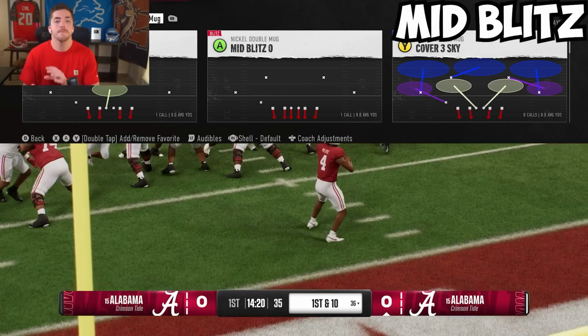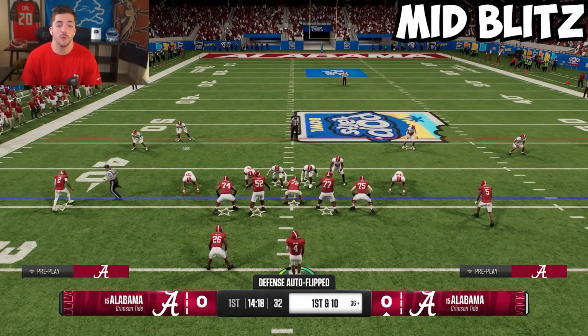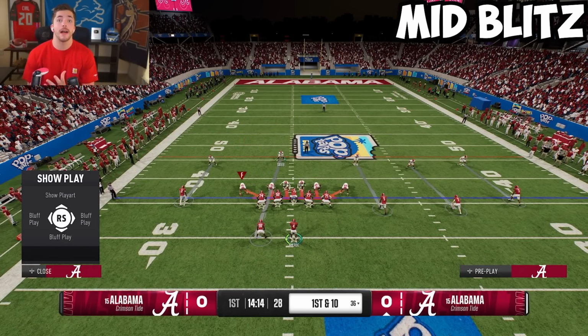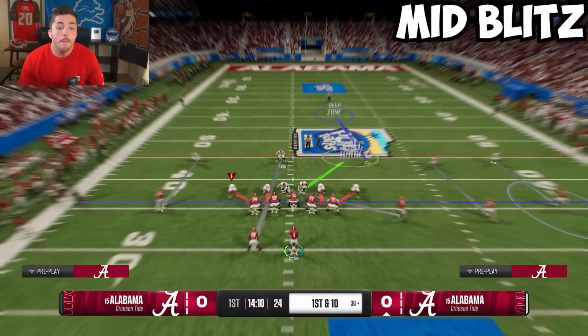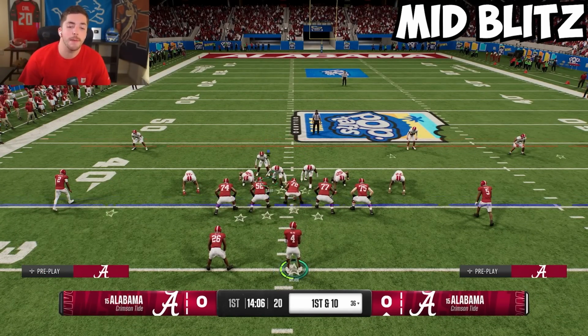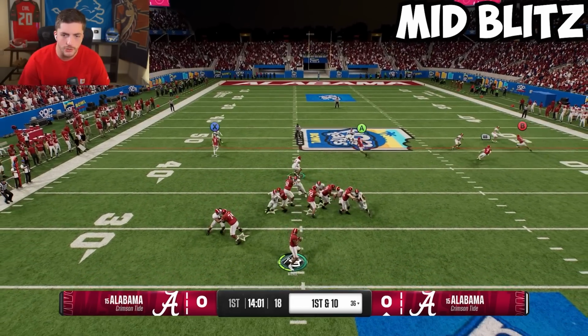So let's call mid-blitz 0 out of the double mug, and what we want to do is use the safety who's manned up onto the halfback. That in and of itself is the most basic thing, but we want to take him and get this little green check mark over him. Now, a lot of people will just leave it at that, and the blitz can kind of come in,